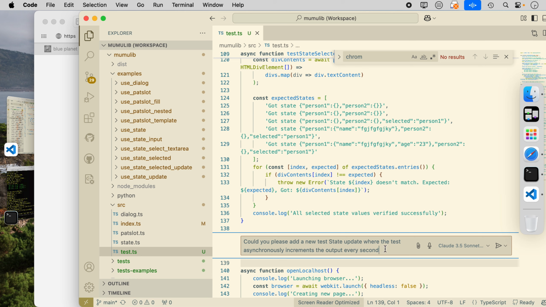Period. Wait for a few output elements to be added and then check to make sure that they are incrementing properly. Period. The URL is